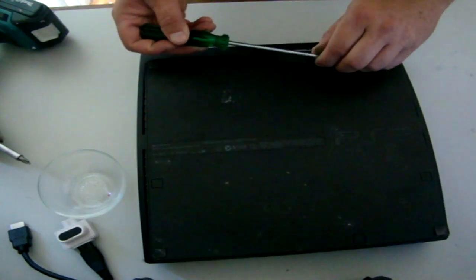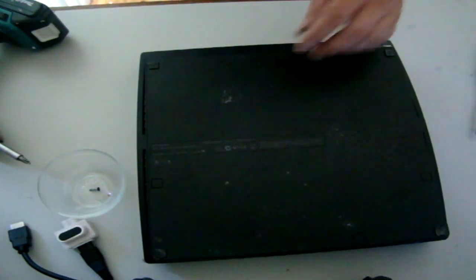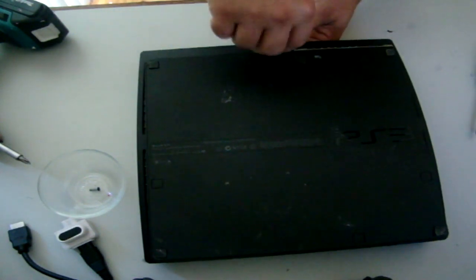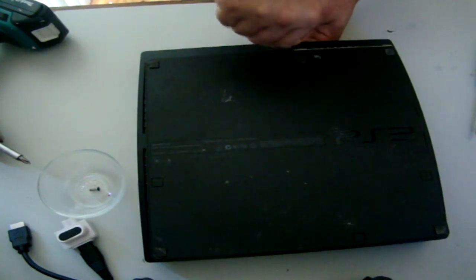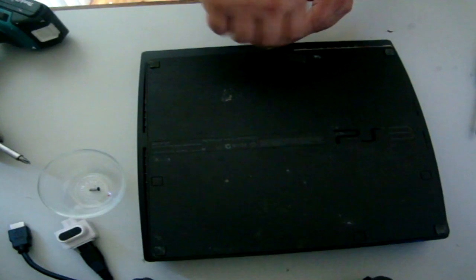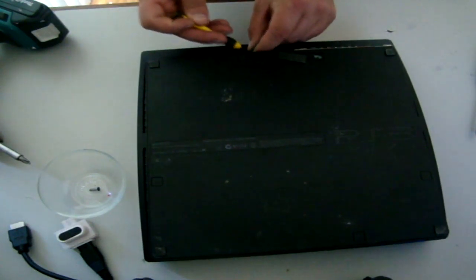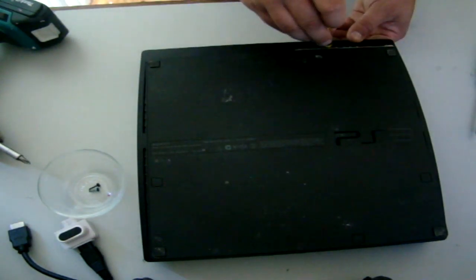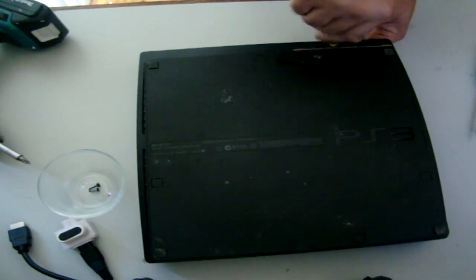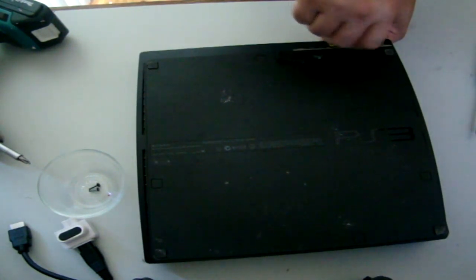Alright, there's our first screw for the hard drive holder. Okay, I'm going to take these torque screws out now. So there's 3 of those in the front here. This won't take us long on this tutorial. Pretty much the total